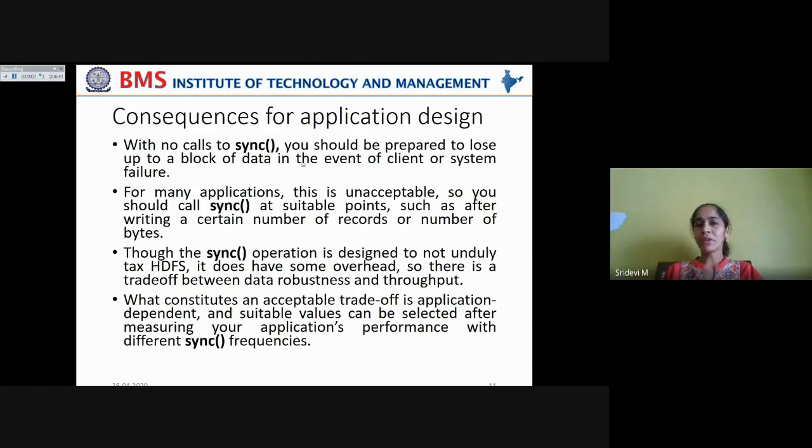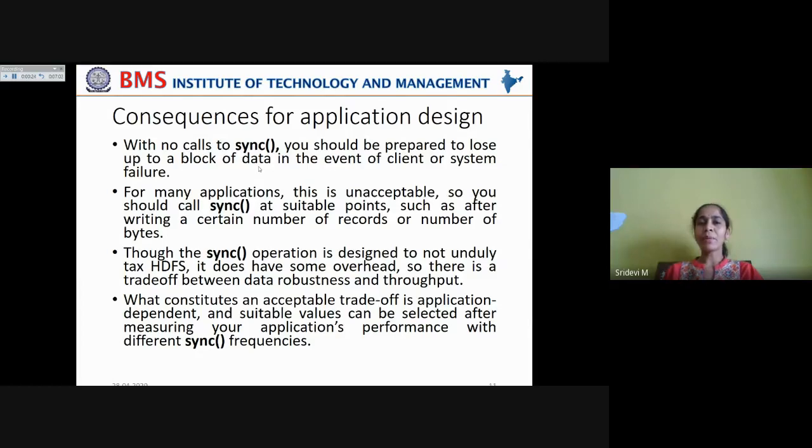Now, what are the consequences for application design? With no calls to sync, you should be prepared to lose up to a block of data in the event of client or system failure. So if you're not using this sync method, you should be ready to face the loss of data up to at least one block. Why?